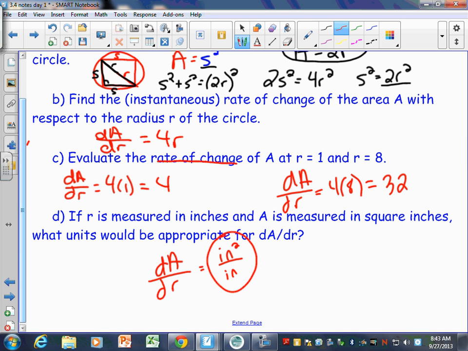And what we would say is that the rate that the radius changes compared to the rate that the area changes. So it changes like 4 square inches for every inch of the radius; the area changes that much. So we would say that this changes 4 square inches for every inch of the radius. That's kind of a weird thing. It's really hard for me because I want to say it's just inches also. But just know, you would leave it like that.